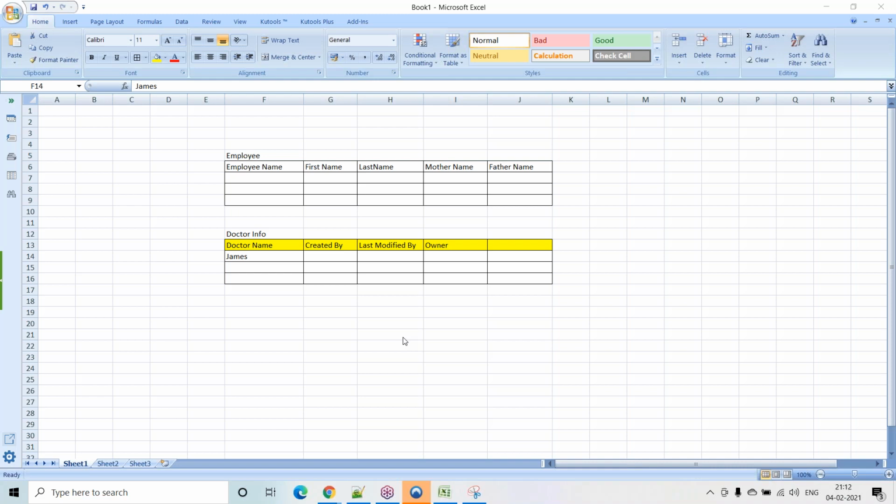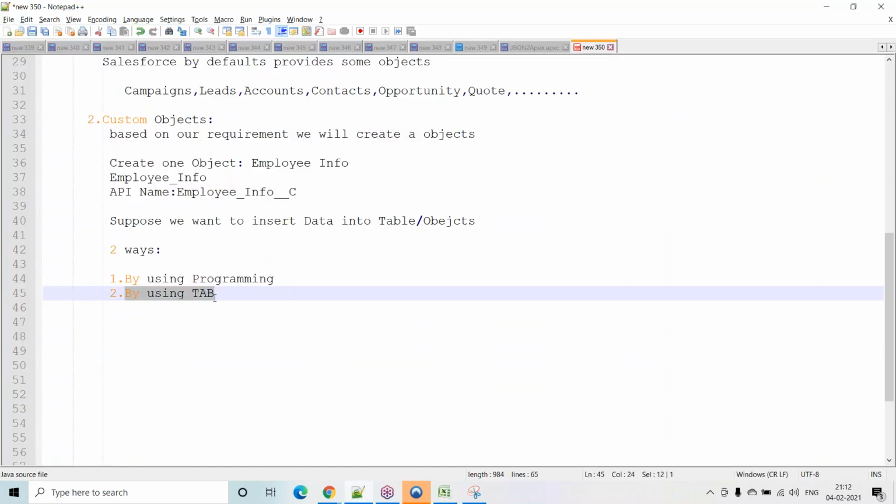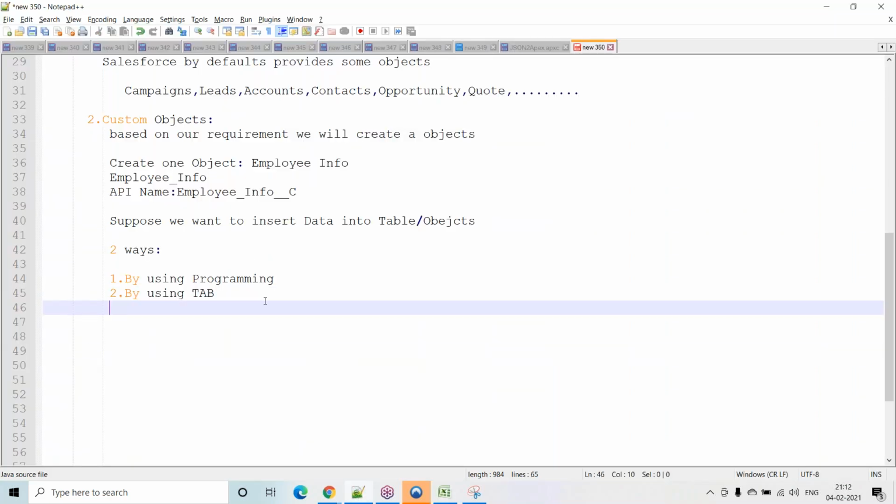Here we will discuss without writing programming, which means inserting the data by using a tab.